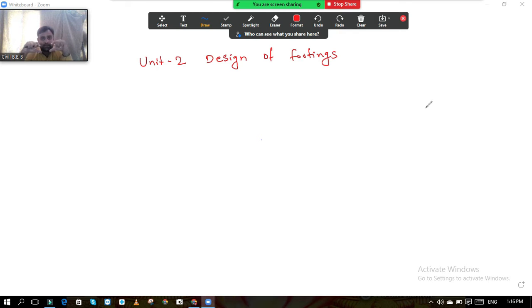So the basic function of footing is this: to transfer the load from column to the soil. That is why you might have seen that footings have larger dimensions than the column. Much larger dimensions are there. That is the reason. I hope now you are clear with this term, what the footing is. Now we will see what we are going to see in this unit. So one by one, everything we will see.